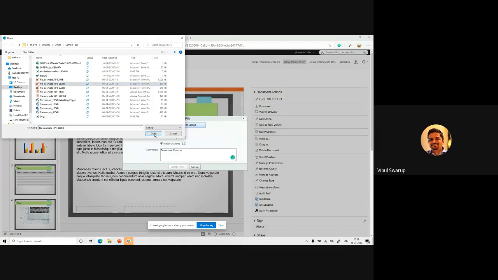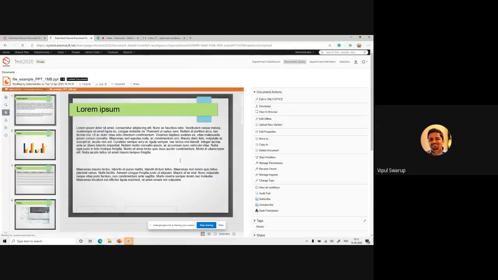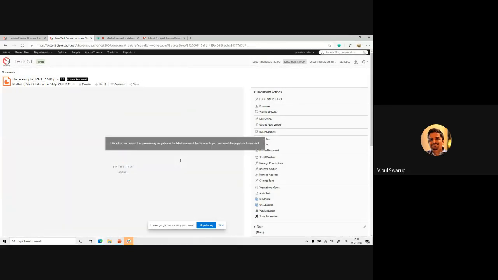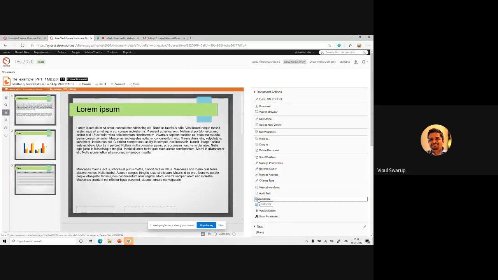So this is Vipul, just to give an overview of what Rajesh is trying to achieve. What he's showing us is that if you've subscribed to a document, then every time you make a change to that document, you will get an email notification telling you that the document is changed. You can see the subscribe and unsubscribe buttons. That's why he was in his email earlier, to see if the email notification has come. Back to Rajesh, please.